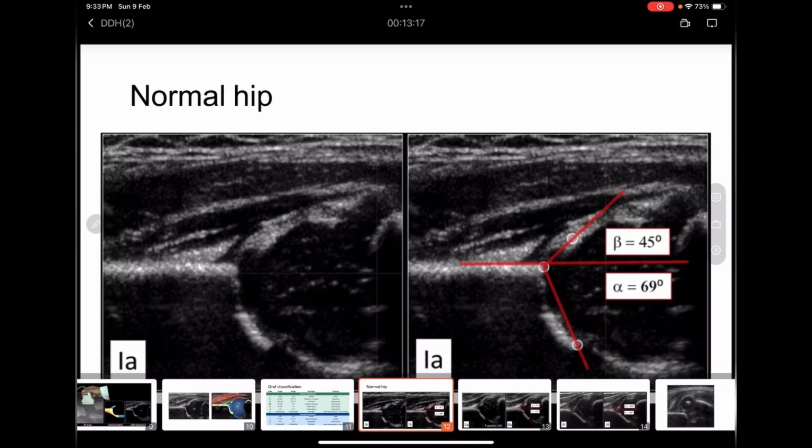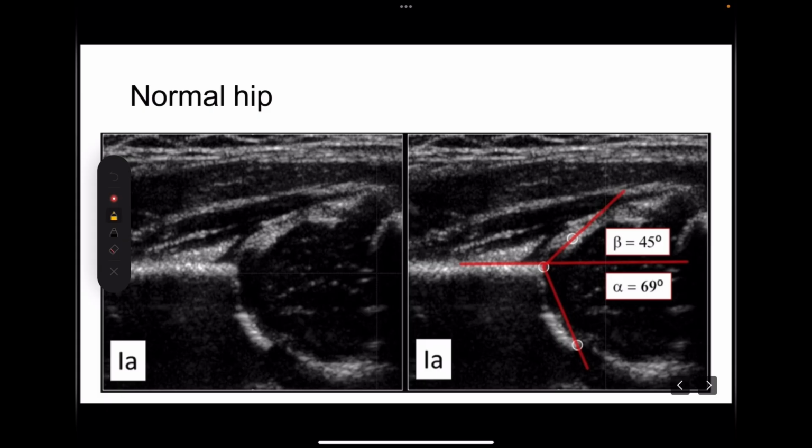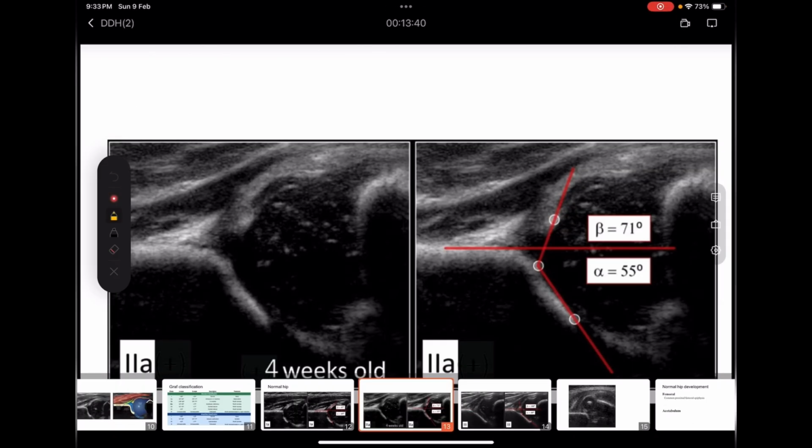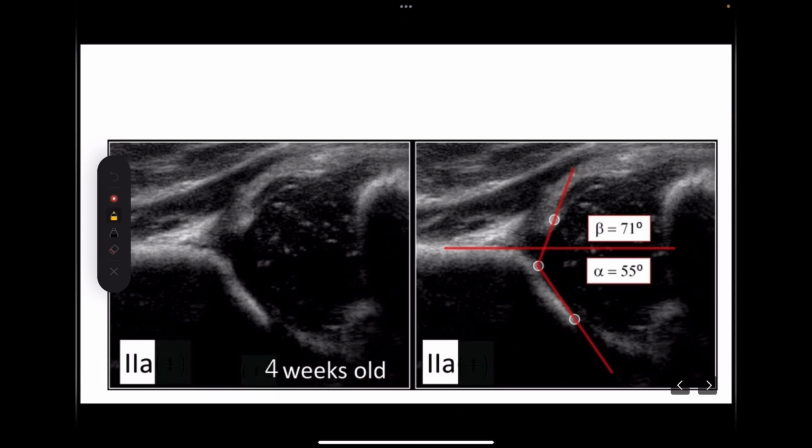So a normal hip on ultrasound will look like this, where they have drawn both alpha and beta angle. Here alpha angle is 69 degree and beta is 45. So this is normal finding because alpha here is more than 60 and beta is less than 55. So this is a normal USG of a child. Coming to this type where alpha is less than 60 but still more than 43 and beta is more than 55 but this is less than 77. So this is type 2